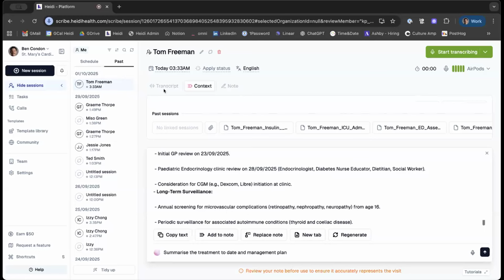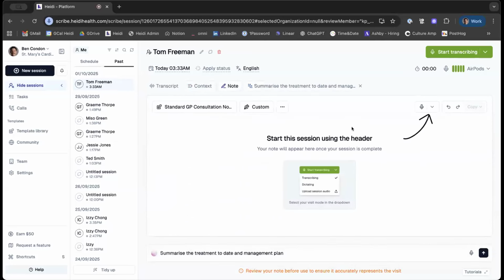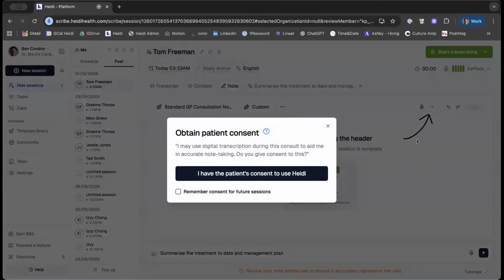Now that I'm ready to jump into the consultation, let's say I go grab my patient, and we'll start the consultation. The first thing I need to do with Tom and his mum Sarah is ask for consent. Now, I've set up the consent pop-up to automatically appear, so when I click Start Transcribe, I'll get this little pop-up. So how I normally ask for consent is I just say to Tom and Sarah,